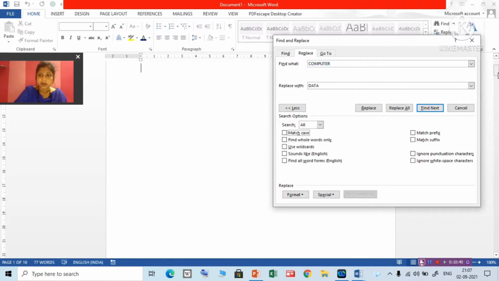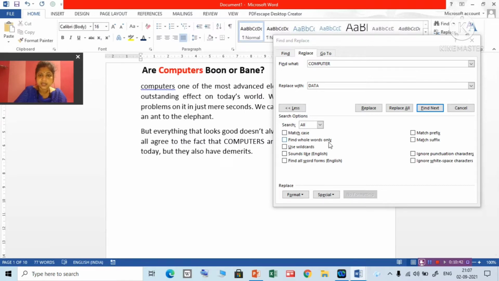Then other options are there. Find whole words only. Suppose you are searching for the word "the".